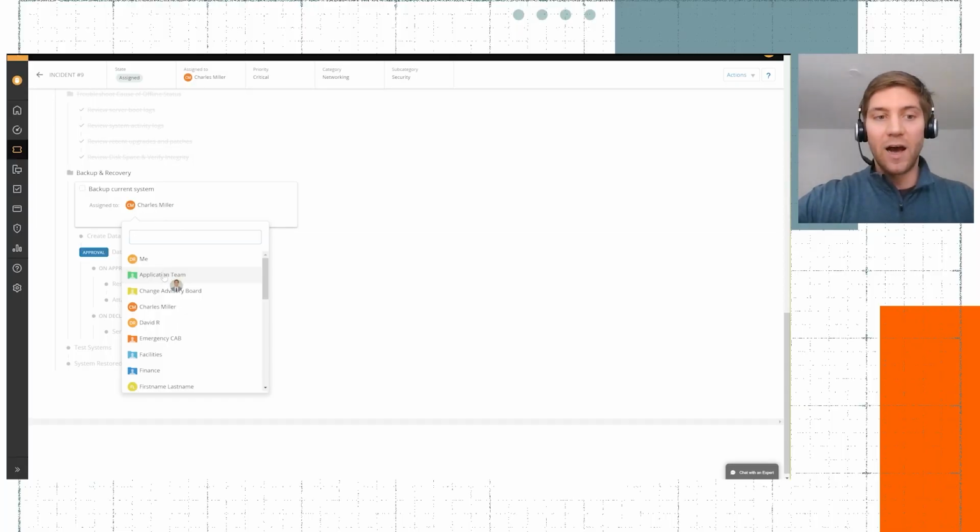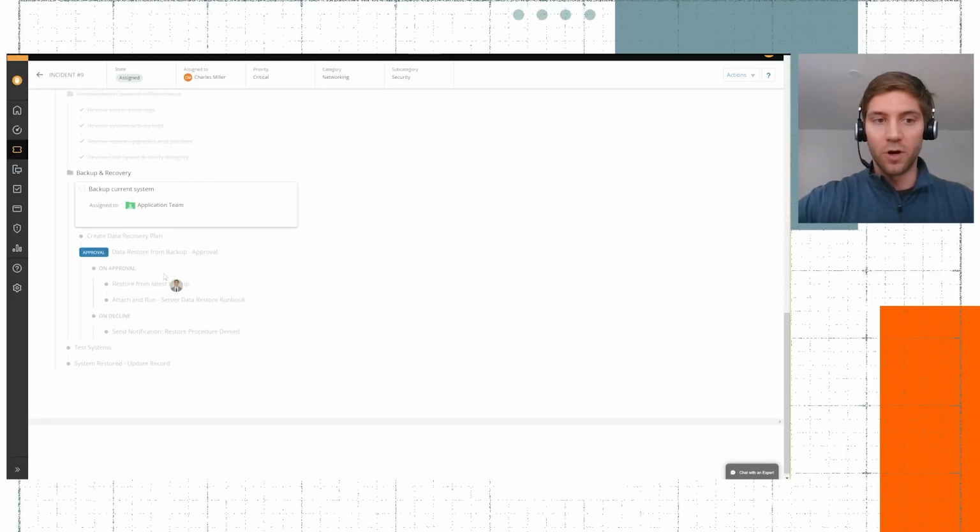So both. They are defined in this example here that I've actually built out. I've defined that the task or the steps go to the ticket assignee, which in this case is Charles. But you can see even here, if I want to reassign it to another group or another team, I can change it on the fly. Or when I actually build the set of operating procedures or the run book here, I can define which team or which group needs to complete which step.